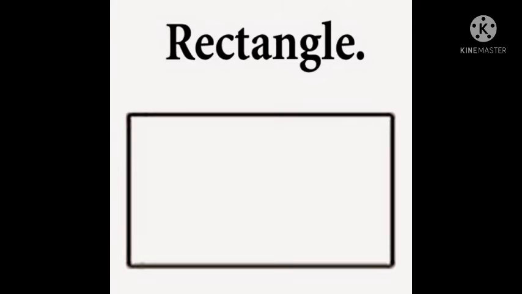What shape is this? This is a rectangle. It has got 4 sides and 4 corners, but it is different from a square. In a square, all the 4 sides are equal in length. But in a rectangle, 2 sides are equal, and the next 2 opposite sides are equal. Some examples of a rectangle: we have seen a flag, which is rectangle in shape. A blackboard is rectangle in shape, and a cardboard box will be rectangle in shape.